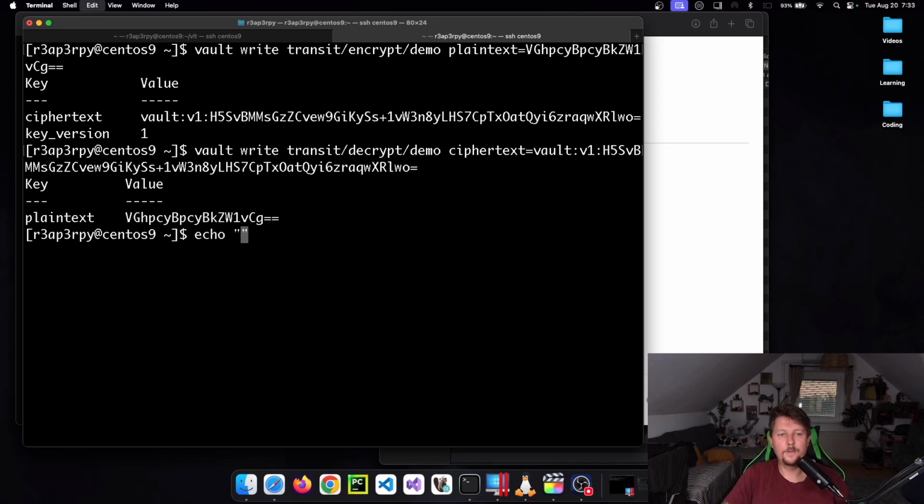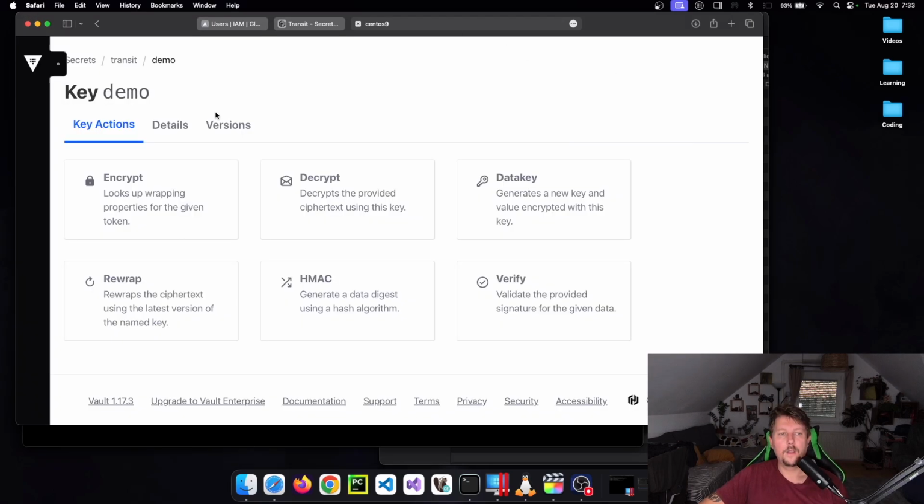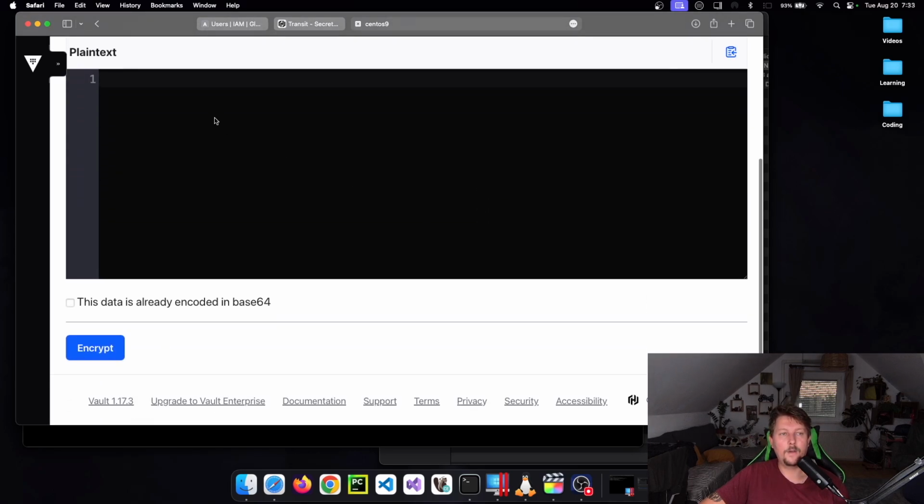So echo base64 and Python 3.9 -m base64 -d for decrypt. And there we go. This is how we can interact with this, or we can use the web interface, and basically here we could